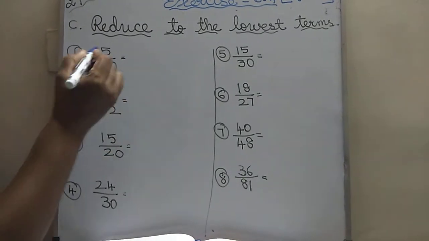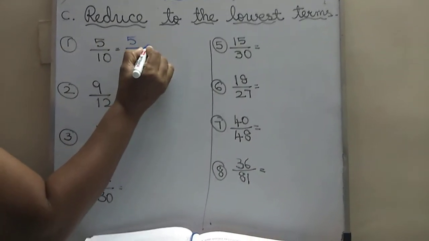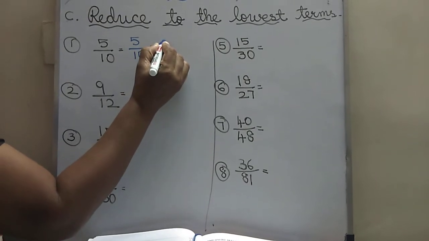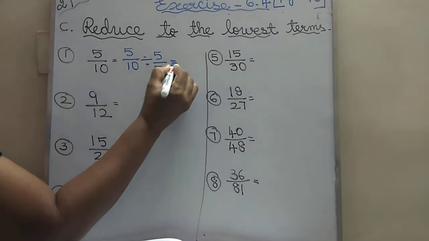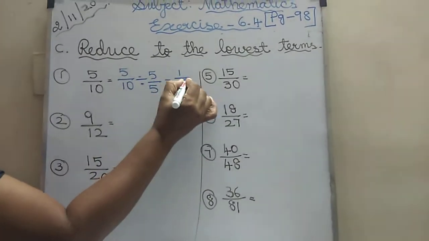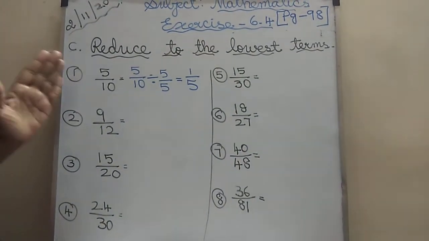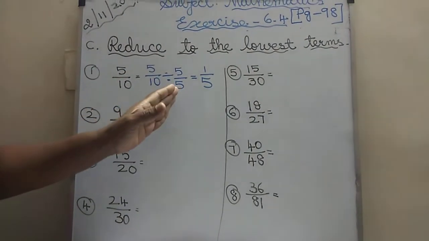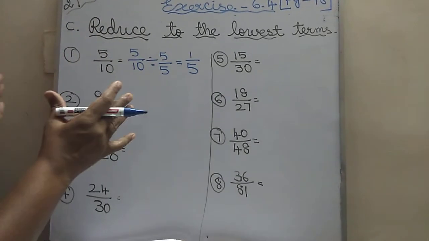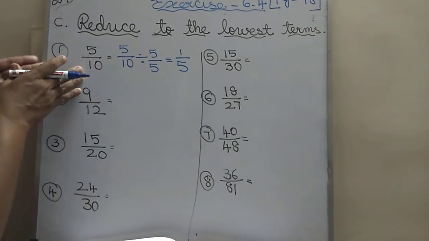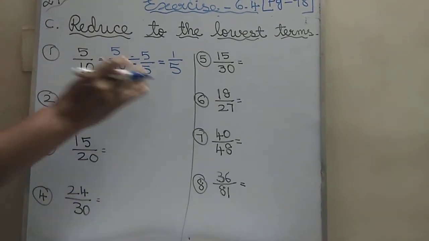You can write like this one because you can write separately. 5 by 10 divided by what? The same table it goes. 5 by 5. So what will the answer be? 1 by 5. 1 by 5. Children, you use a black pen for the question and a blue pen for the answer so that you can see the variation, the difference. You can find out easily which is the question and which is the answer. Okay children, don't forget, you can do like this one.